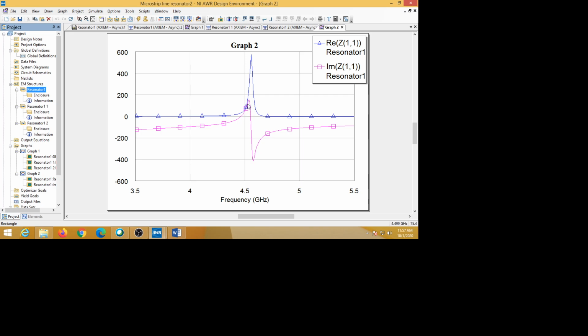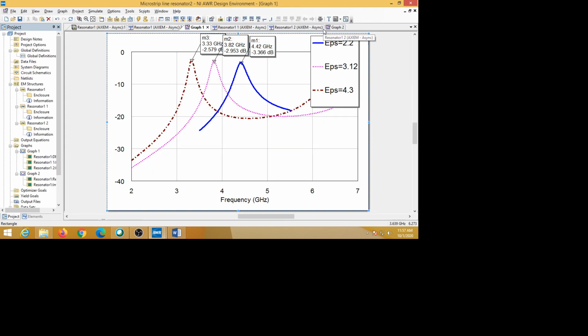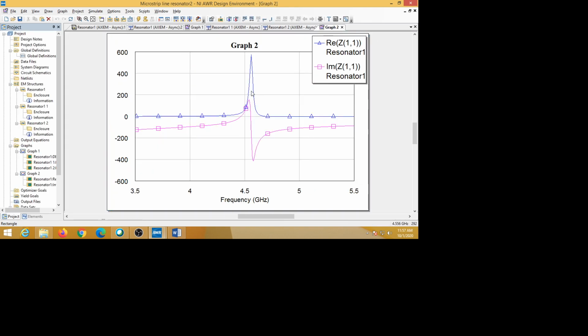So here this is the real part. As you know, in this resonator the input impedance is high at the resonant frequency. In graph 2, the real part is high, and the imaginary part passes through 0 at this frequency. It passes through zero imaginary part because at resonant frequency XC is equal to XL, that means reactance is zero.